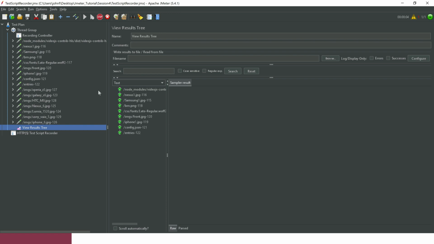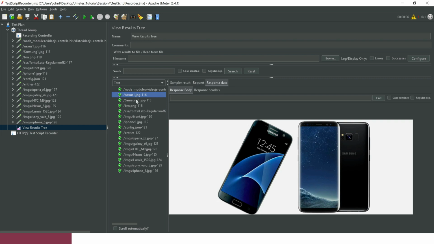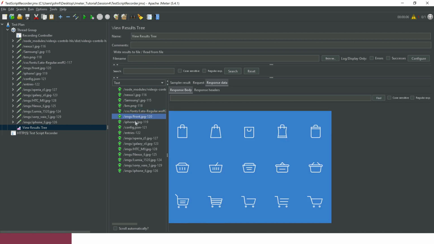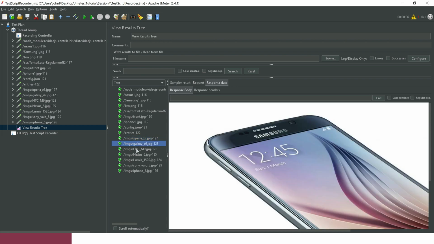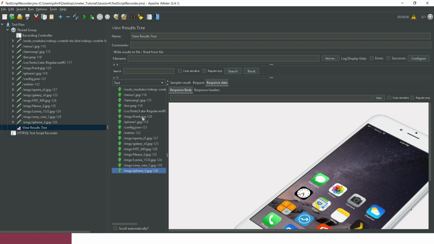Yes, it is executing all the requests. Let's see what is the response we have received. This is the response body for the first request. This is the response for the second. Likewise, we are seeing all the response. This recording feature is very useful, and it is creating a request and response which was performed in the browser.